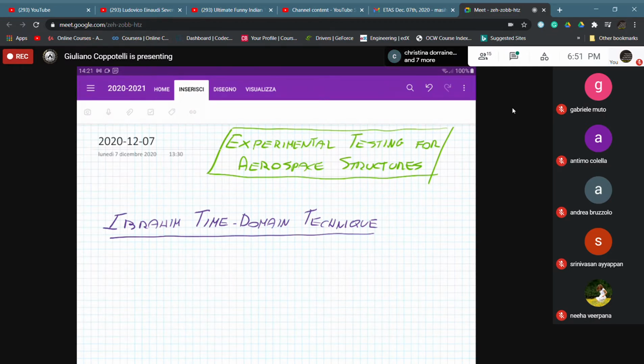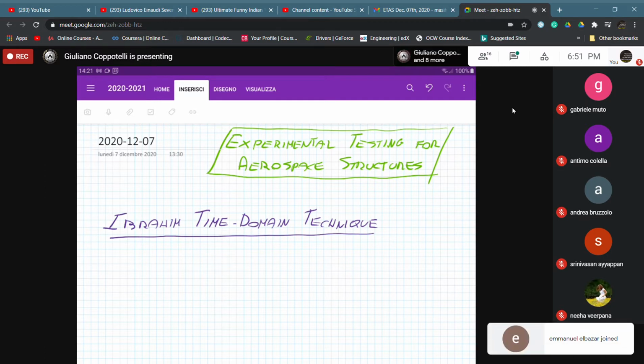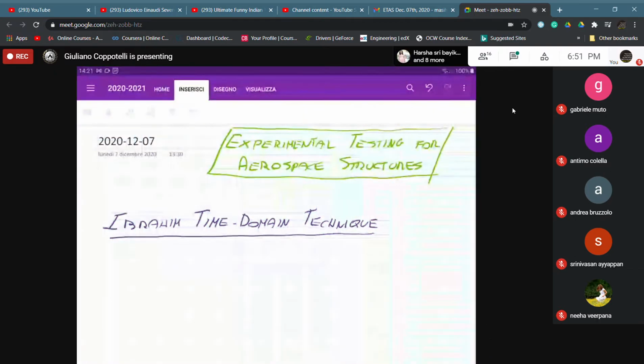Okay, during the last classes, we saw some estimating methods for the model parameters that are based on the multi-degree of freedom system in the modal domain. We saw a general frequency domain-based approach. Then we saw one time domain approach that is called the least squares complex exponential method. Now I'm going to discuss with you